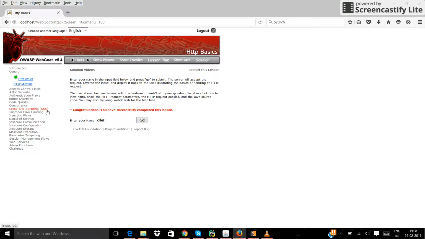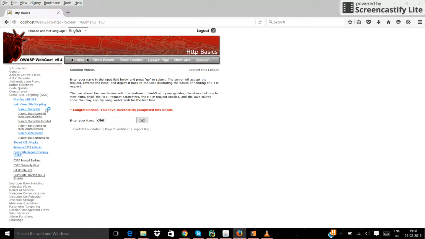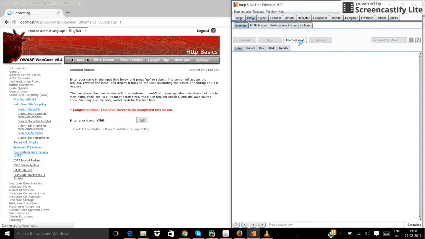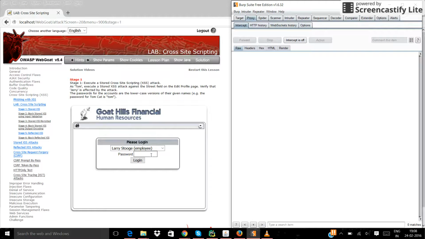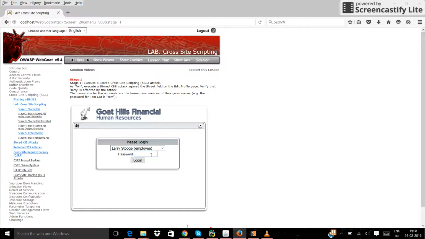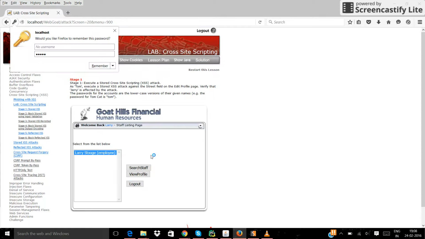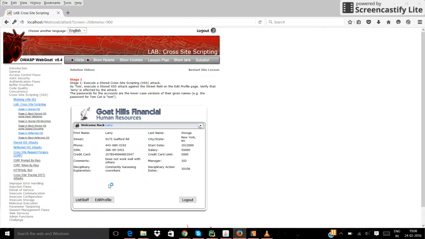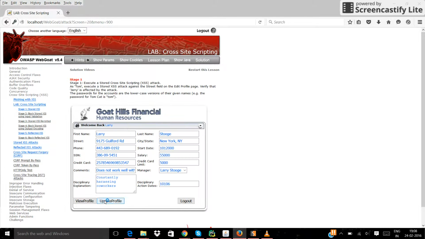Now moving on to the cross-site scripting attack, it is of two types. One is the stored XSS and the other is the reflected XSS. So starting with stored XSS, we have an employee Larry. Now let's log in as Larry, who can search stuff, view profile. So if we go to view profile and edit Larry's profile,